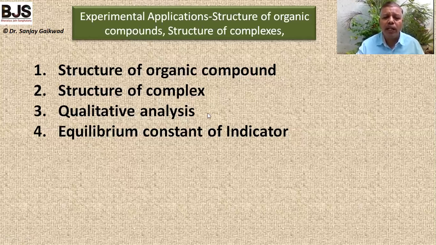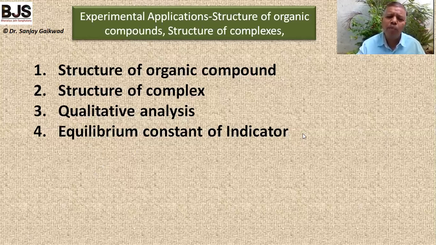Another application is qualitative analysis. We can find out whether the quality of the compound has changed. Nowadays, the spectrophotometer is used in a number of industries: pharmaceutical, color, chemical, dye, and food industries. We have to measure the color change that takes place in the solution or food. There we can use qualitative analysis to get the exact color of the solution, food or any chemical.